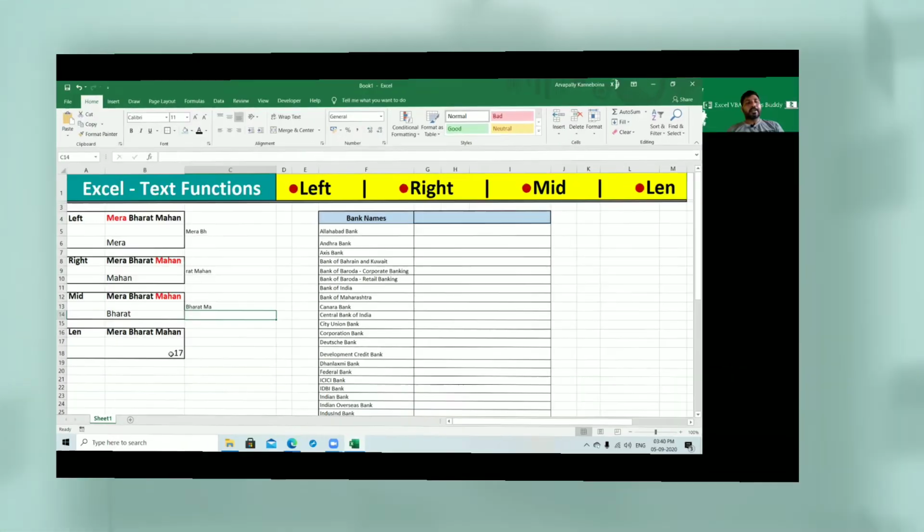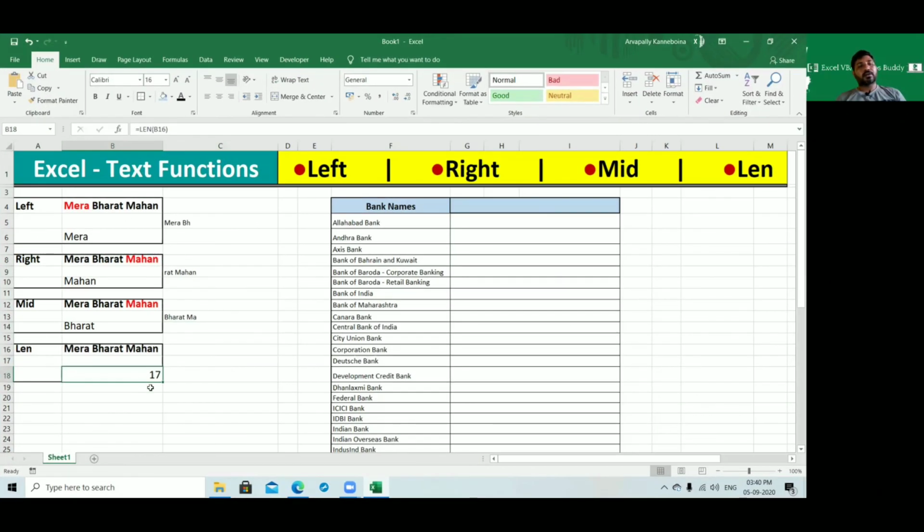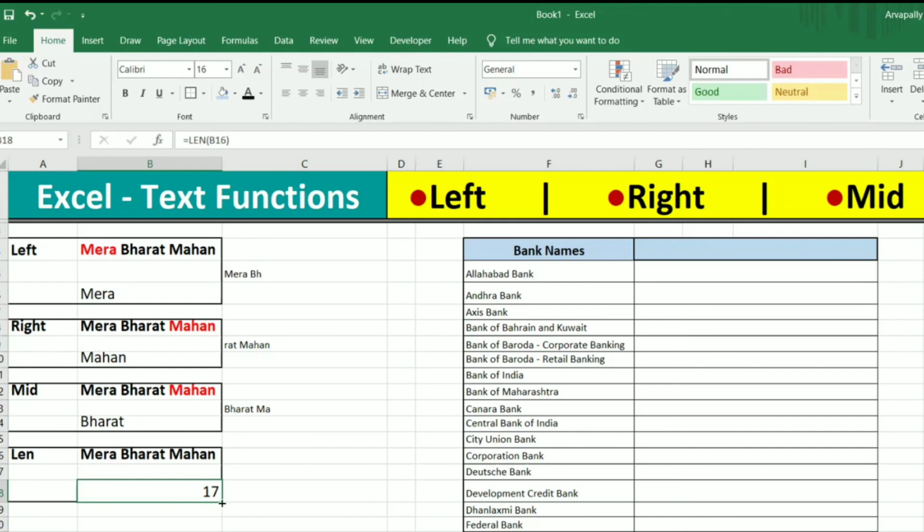Length is different from these three functions. It gets only the number of characters in the given source data or a given cell address. The formula asks just for a reference, so no additional information is required. Type LEN, which means length.